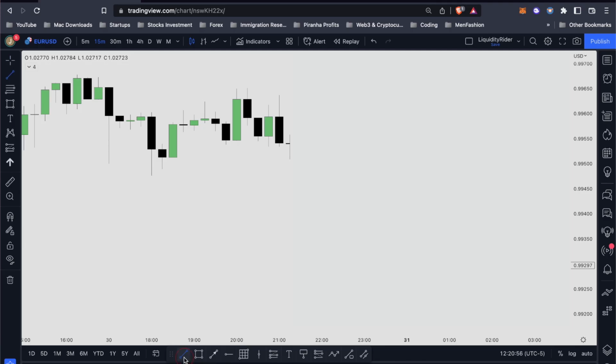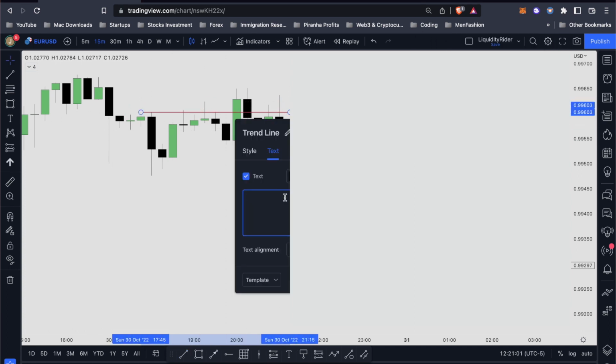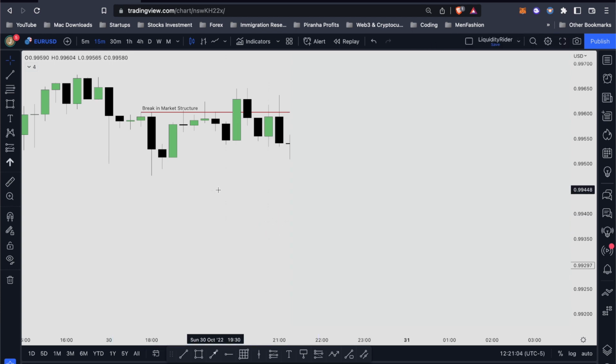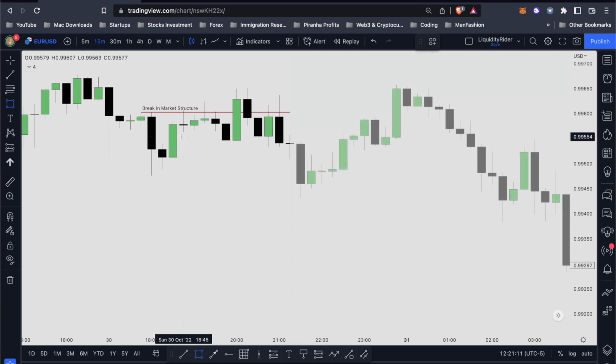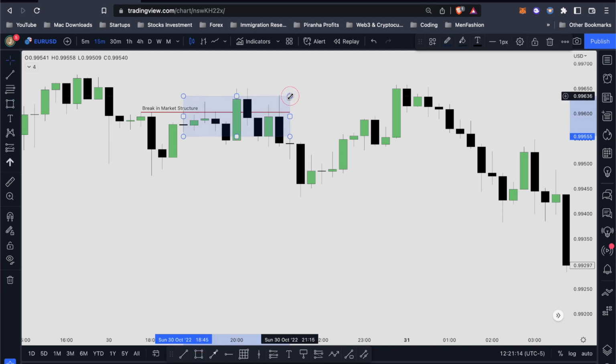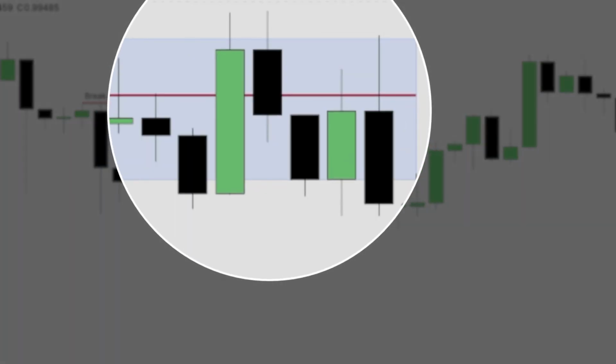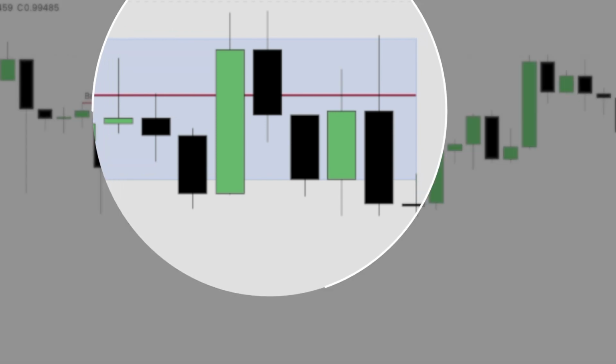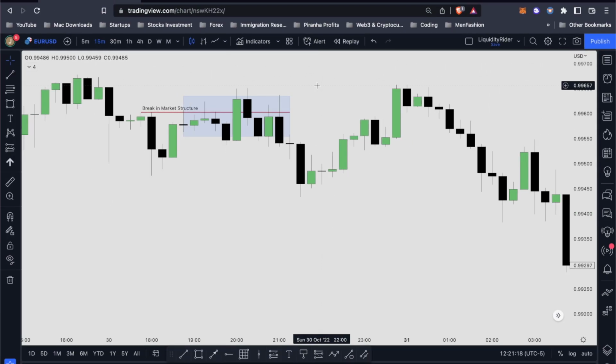Looking at our low probability displacement, we can see that the old high has been taken, so this is a break in market structure. As you can see, the price action is very sloppy. There's no energetic move, and we do not really close above this structure. At the same time, it created a small range. It's more like a range bound. Eventually, we did break through with a big candle and we did close above it. But the next moment, we came back to the range again. So we can very clearly see that this is not a very obvious energetic displacement.